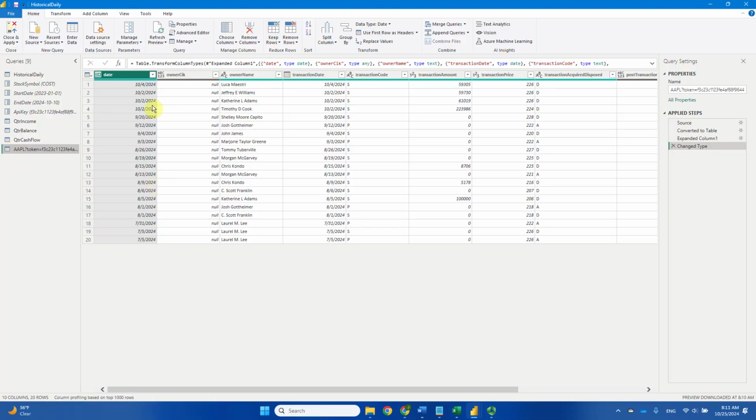So they have date, they have the owner's CIK, which is kind of an identifier for the owner, like an ID number. Sometimes if you are a person, there's no ID. If it's a corporation, you have this, called CIK. It's the ID for different corporations. Anyways, you have the owner's name here. You have the transaction date,